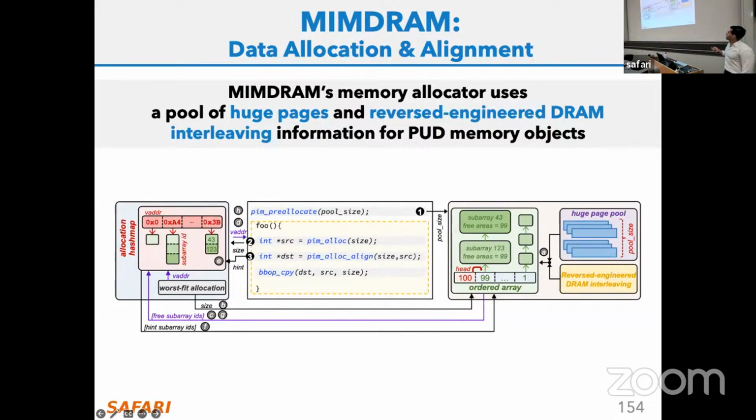It is a pimalloc, sorry, that basically uses huge pages. So huge pages give you this feature in the operating system that physical frames are going to be contiguous in the address space. So this is already one property, but it does not guarantee that those physical frames are going to be contiguous inside the DRAM subarray or the DRAM row or DRAM mat, all of those things, because we have the DRAM interleaving scheme that is going to spread that frame across the different elements of the DRAM chip itself. So we need extra information.